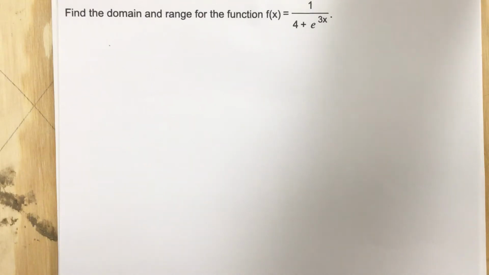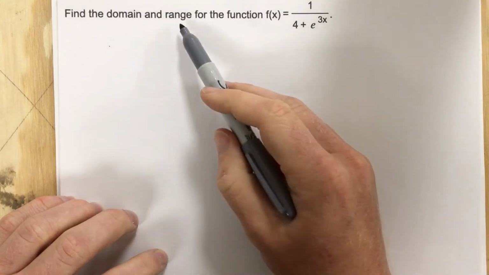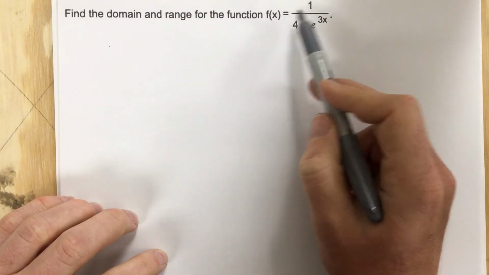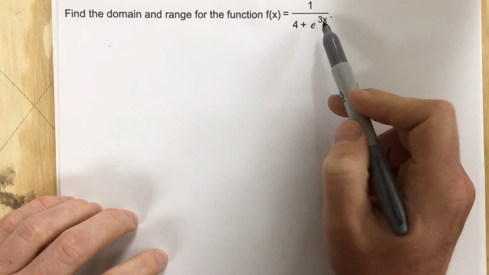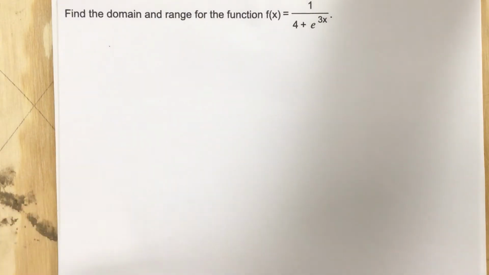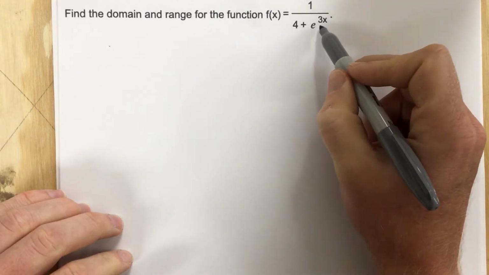This is problem number 4 from section 1.5. In this problem it says find the domain and range for the function f of x equals 1 over 4 plus e to the 3x. Now how do I find the domain and range of a rational? And inside the rational, in the denominator, we have an